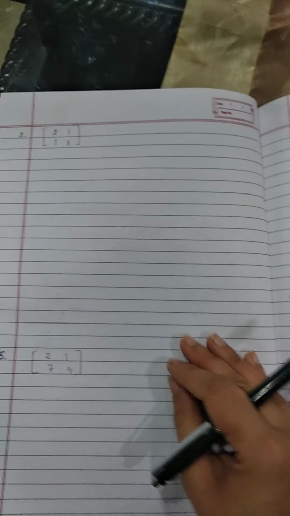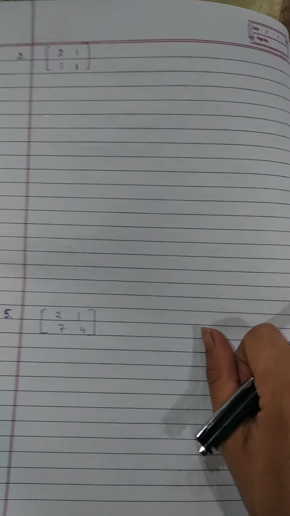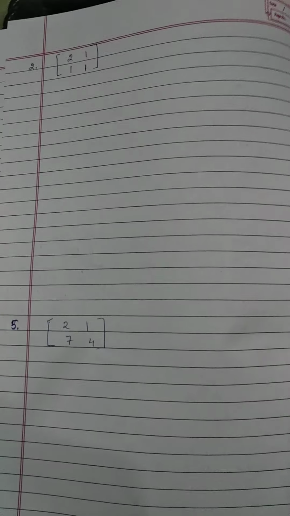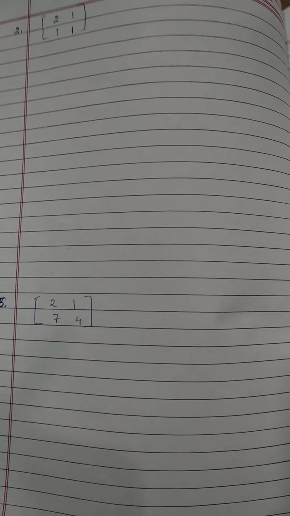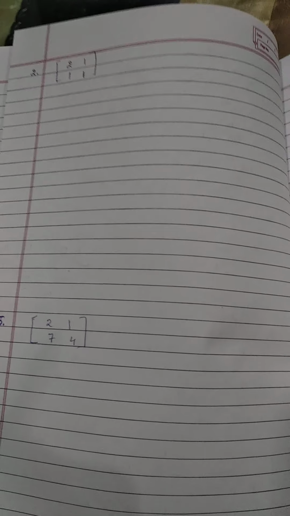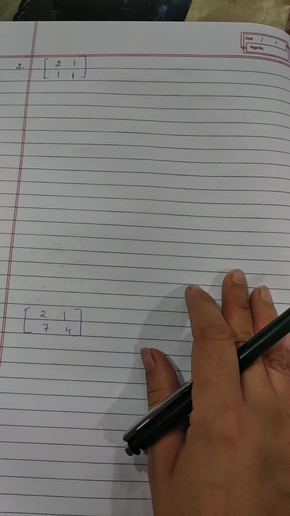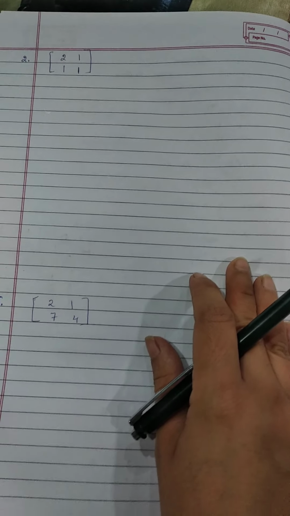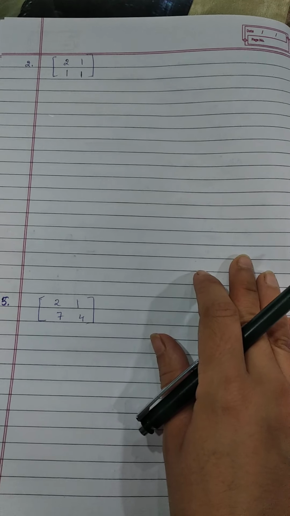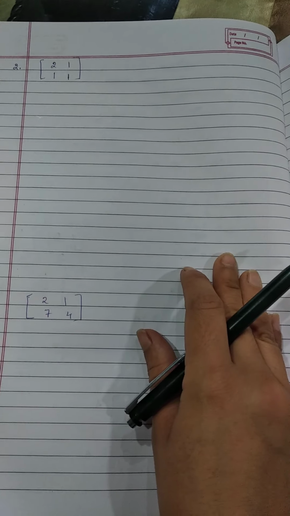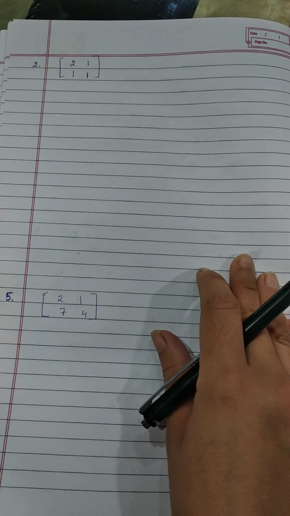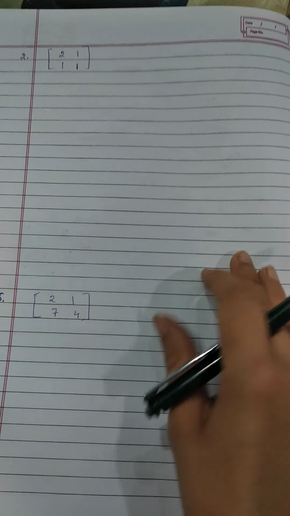Now we start with exercise 3.4. Students will be picking up randomly any 5 questions because they are based upon the same elementary operations which have to be applied, and it needs a lot of practice, right? So we'll be doing the basic concepts. I pick up question number 2, right? The questions that we leave, like question number 1, 3, 4, must be done by you as practice, right? So we have question number 2, 2, 1, 1 and 1.